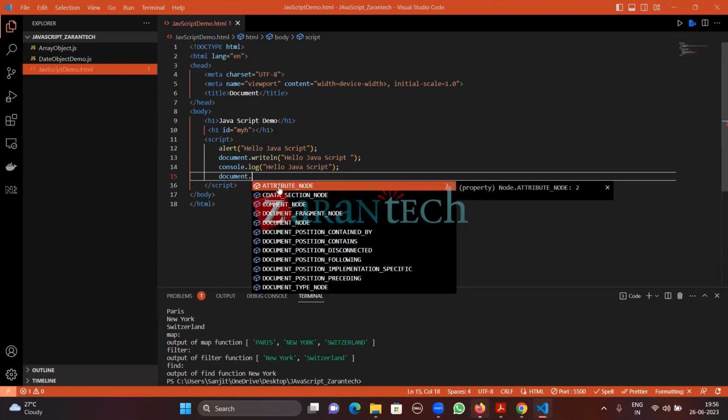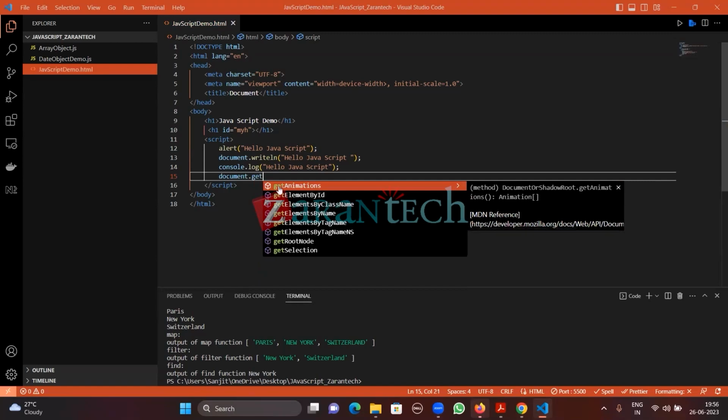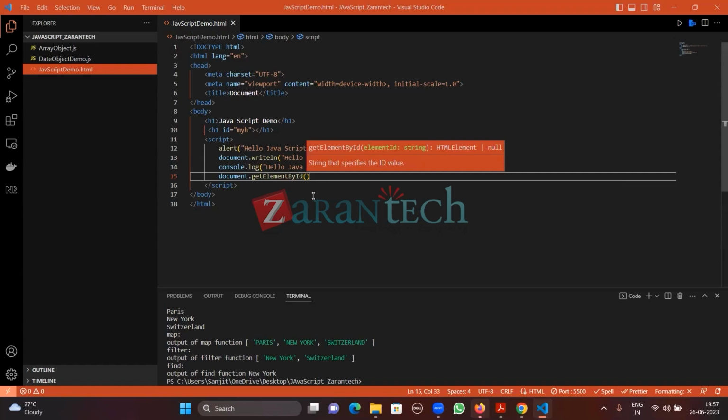Document dot, see here we have so many commands. Get element by ID, we can use get element by name also, class name, get element by name also. If you remember, when we are creating a form, we are giving a name also, an ID also. So you can recognize or access data using both. So you can use get ID. So what is your get ID? I created all in small, my h, right? And dot